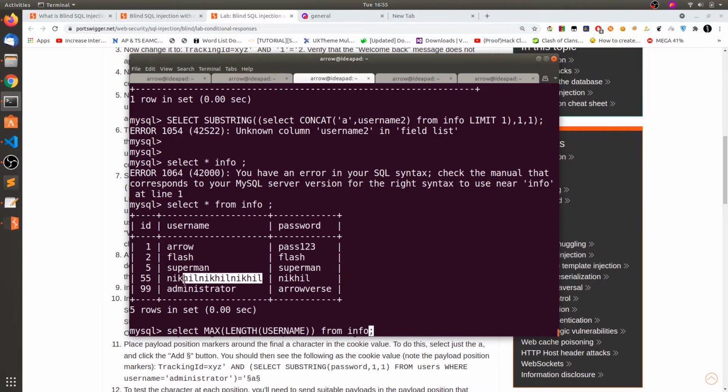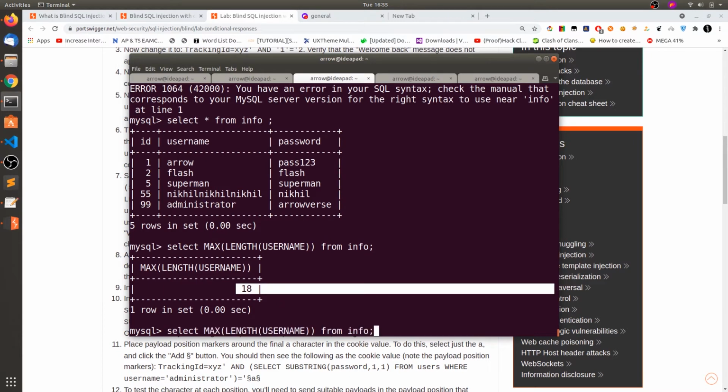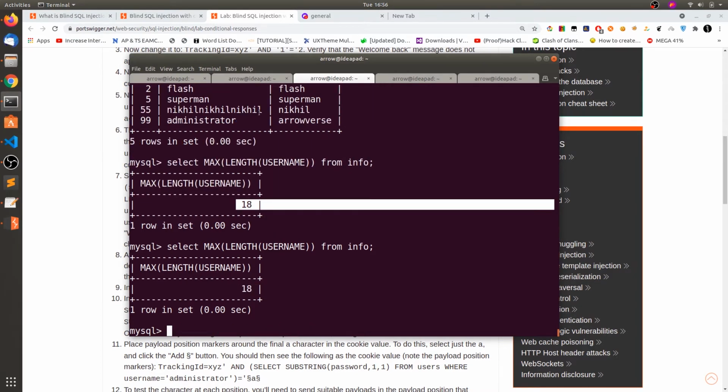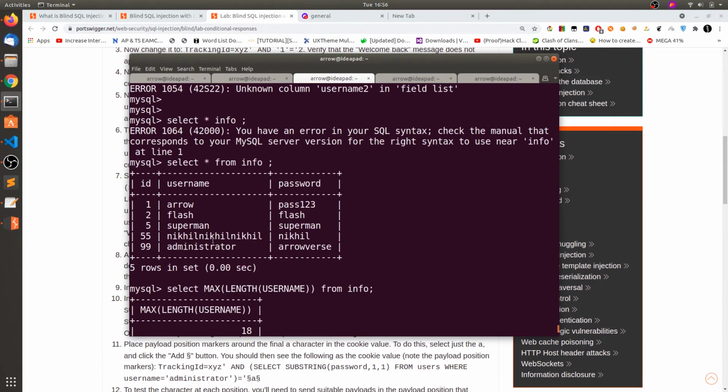This one, this nickel, contains some greater number of characters. Now hit enter. You can see 18. This 18 is of course this one. So the maximum username has 18 characters, and every other username is less than or equal to 18 characters.